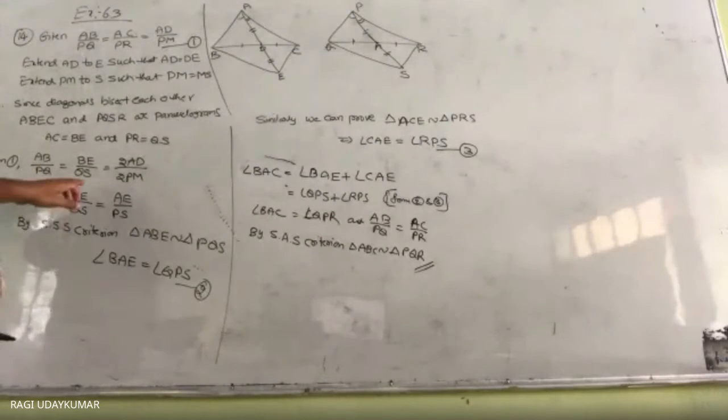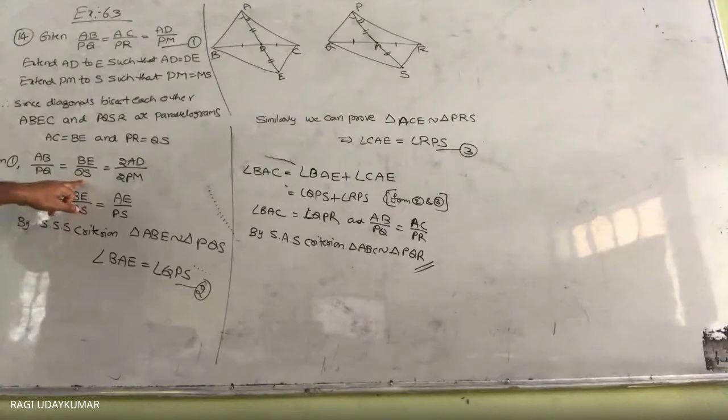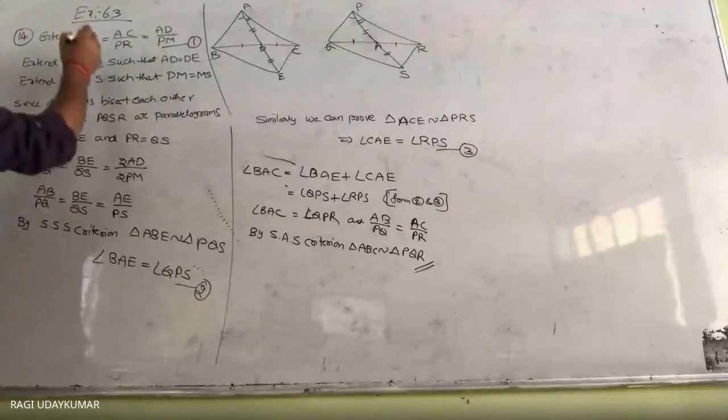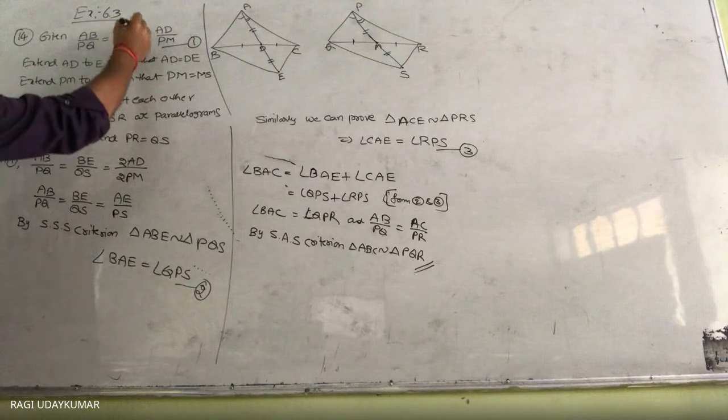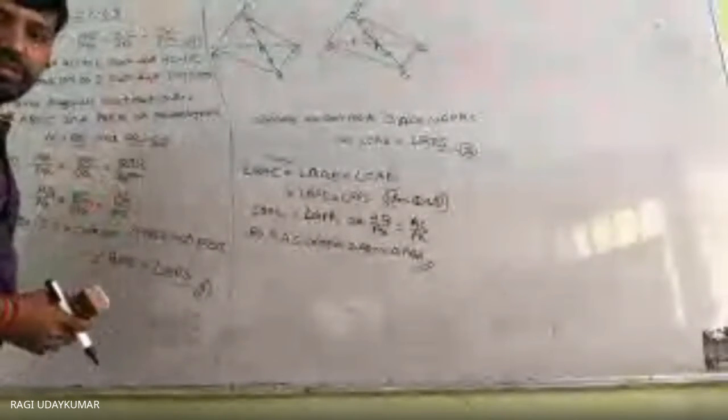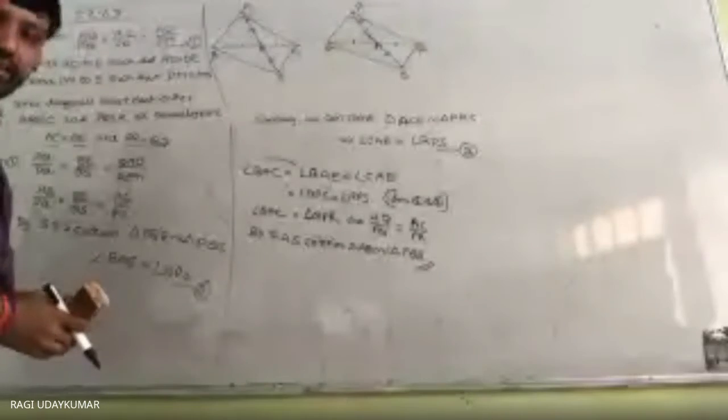Sir, not that one. You have written DE by QS, that one. हाँ, DE by QS ये कैसे आया है? Yes, sir. ये देखो, already I have written here from 1, AC is equals to BE. AC के प्लेस में BE लिख दिया. PR is equals to QS. PR के प्लेस में QS लिख दिया. ये as it is ले लिया, इधर ये यूज कर लिया. नेक्स्ट इधर 2 मल्टीप्लाई कर. Okay, sir. ओके, समझ में आया? Yes, sir.